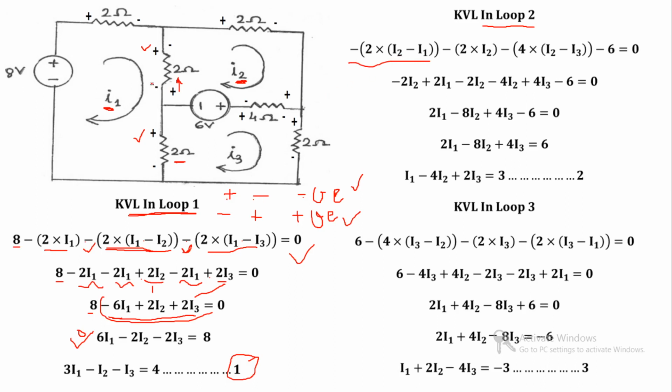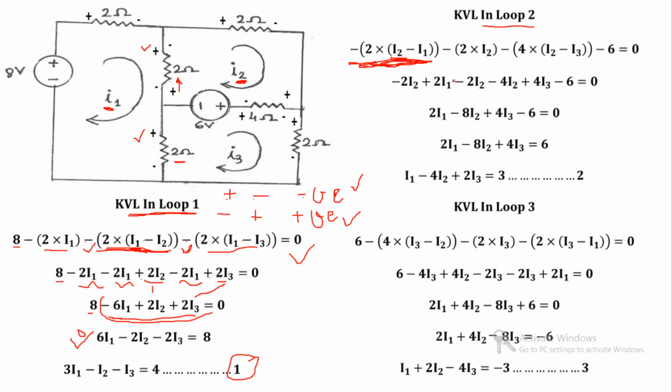Now compare this equation with loop 1. In this loop we will write minus 2 I1 minus I2 because we are going to write the KVL equation in loop 1. Now over here the same resistance but the drop is minus 2 I2 minus I1 because we are going to write the KVL equation in loop 2. So we will subtract the I1 from I2 because we will consider the polarity of I2. We will take I2 as reference. Over here we will subtract the I2 from I1 because we are taking I1 as our reference current.